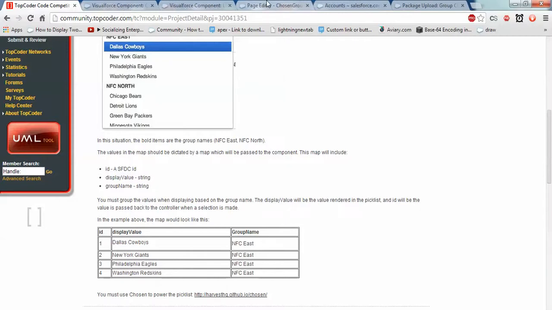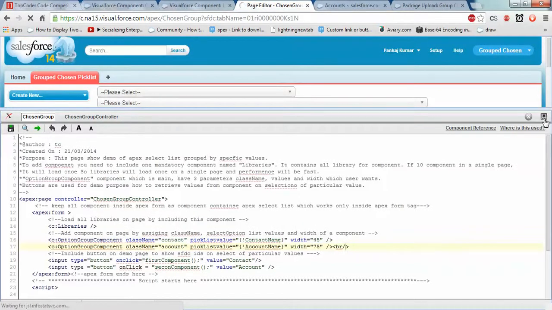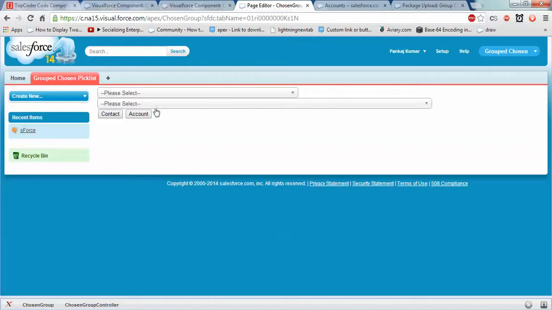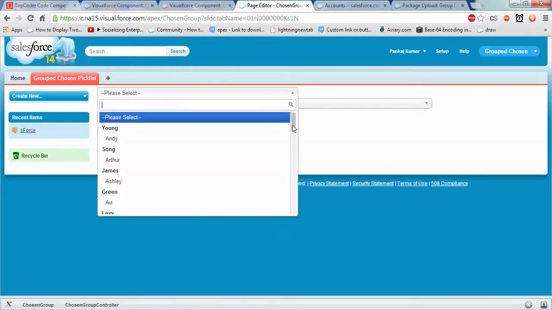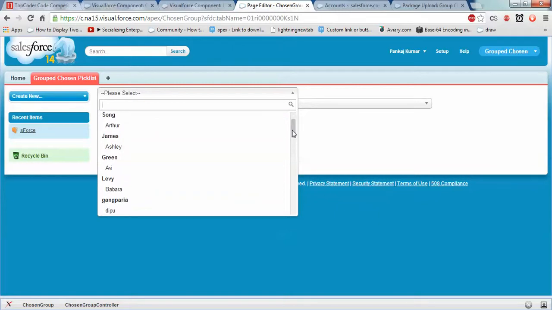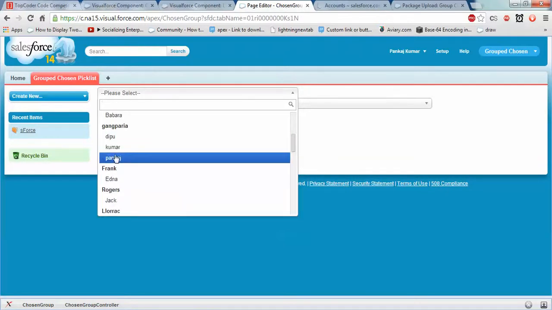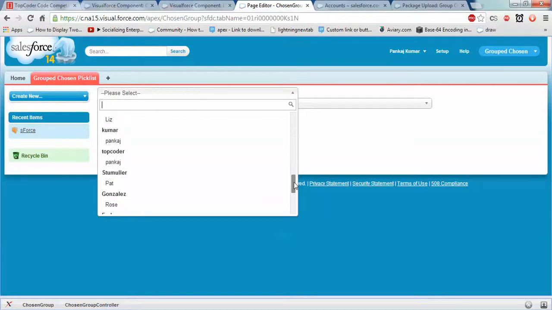Okay, I have created this component. You will see two values, account and contact. At first, if you click, there are no values, and then you choose one picklist value. In contact, I have grouped by last name, so people with the same last name come under that last name. If there are different first names and the same last name, you will see three entries for it. These first names are different but the last name is the same. So I have created this in contact, and in account